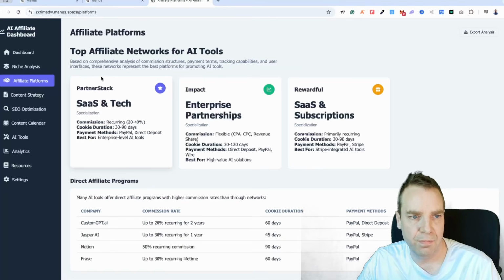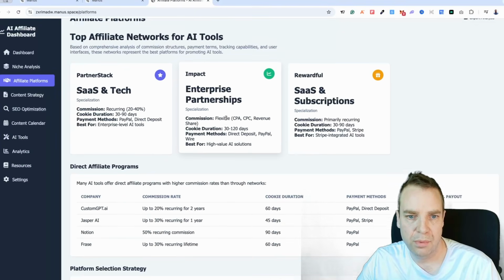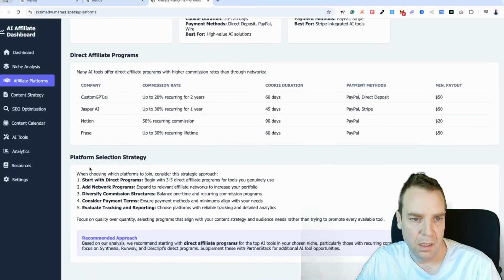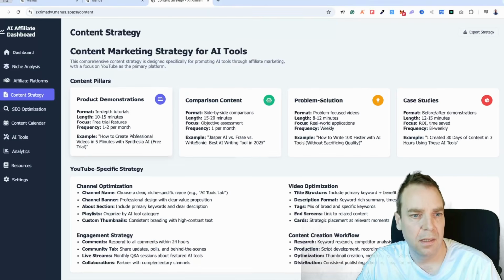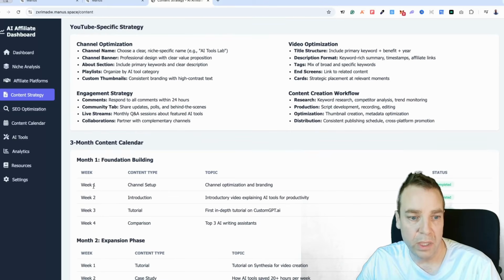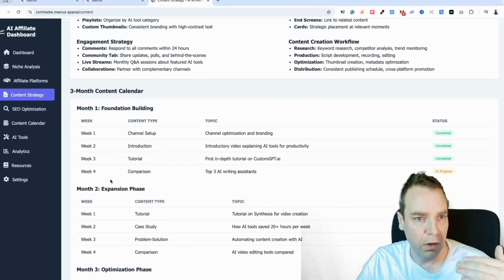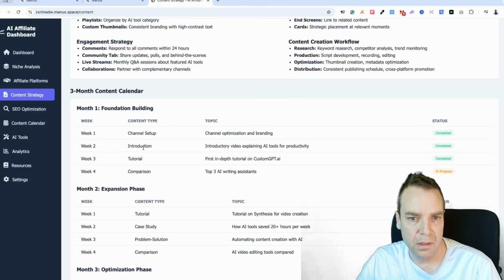What's this? Affiliate platforms, enterprise, minimum payout. Okay. Here we can see the commission rate structure, different strategy, recommended approach. Nice. Content strategy. What's this? Okay, here again. Okay, week 1. Oh, okay. He gives us a detailed content calendar. So in week 1, channel setup, introduction, some tutorials. We should write some tutorials. Then comparison,